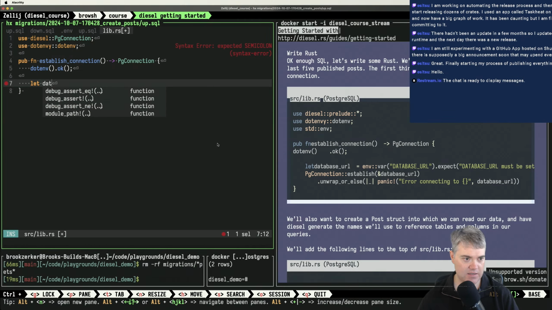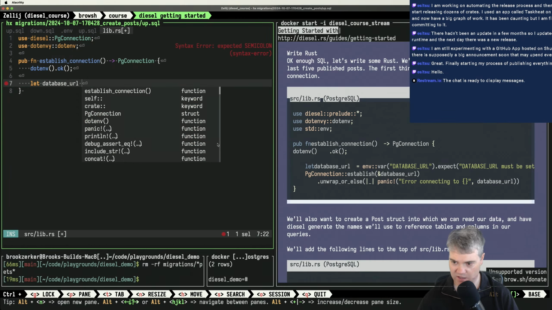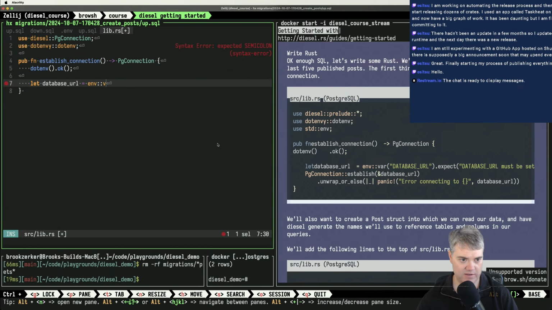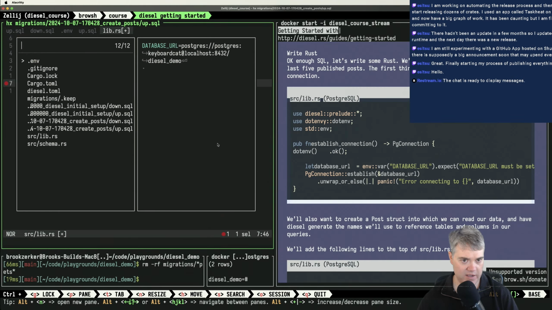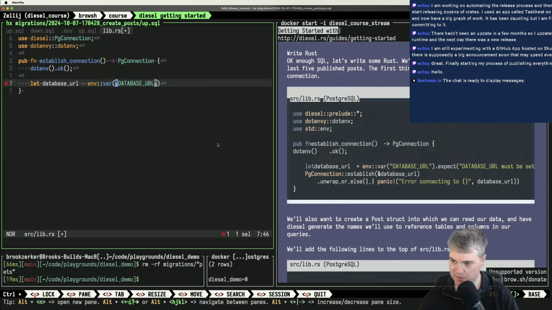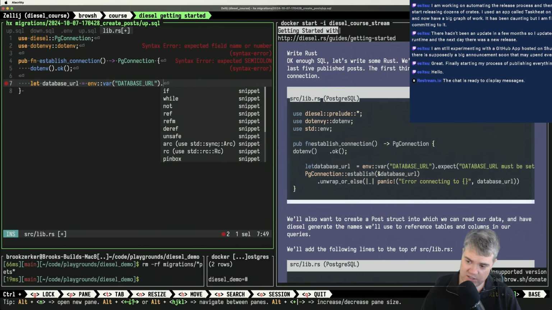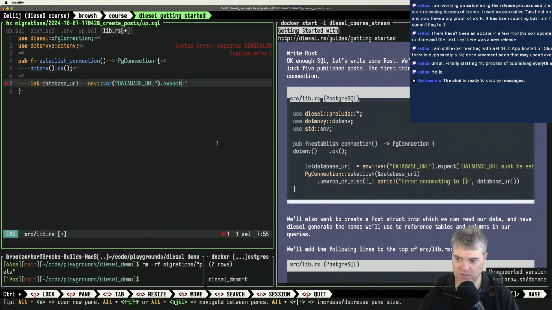We're going to let our database URL equal env var database URL, which is what we called it, right? Yes. Okay, so you want to expect, so that's fine. So we can expect. Now we can do an expect. I'm going to follow exactly what they're doing here, but normally I would probably install something like error and just return an error from this. So